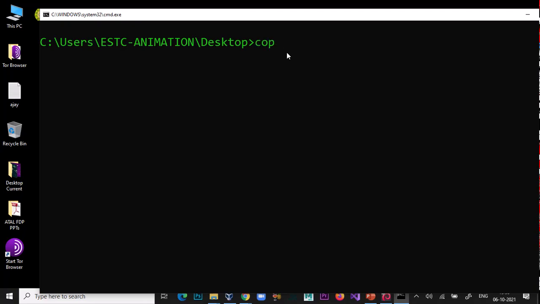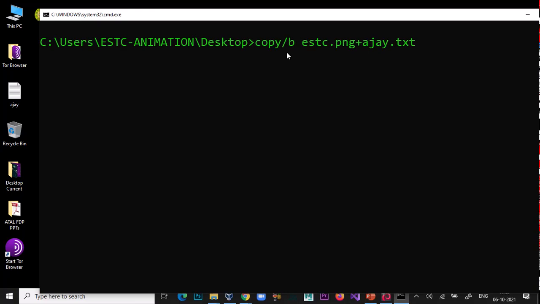So simple copy /b my image, estc.png with extension, plus the content of my text file, aj.txt.